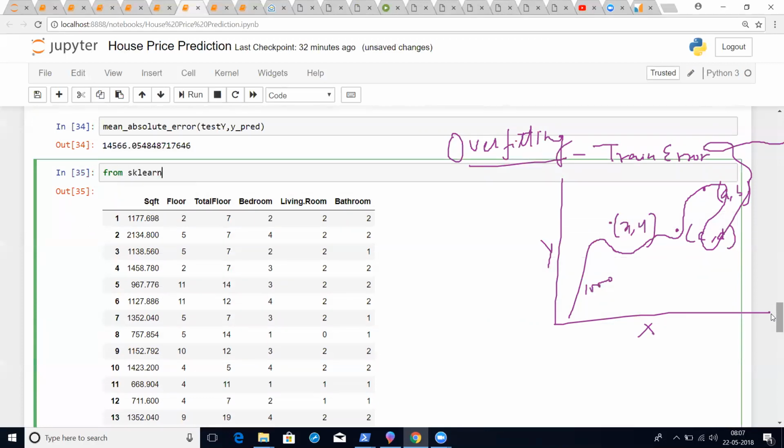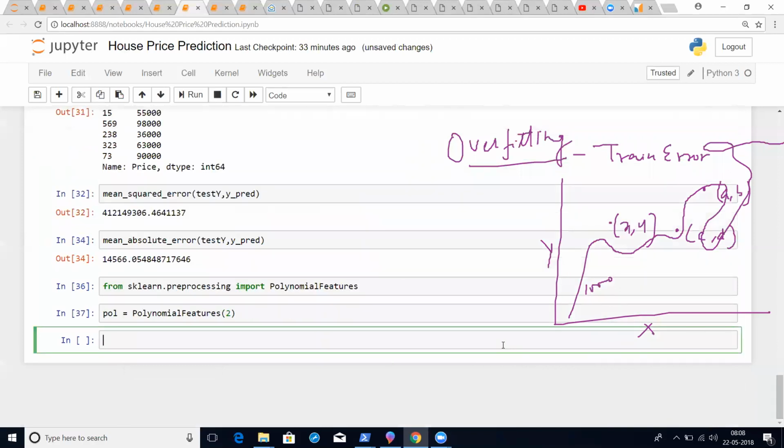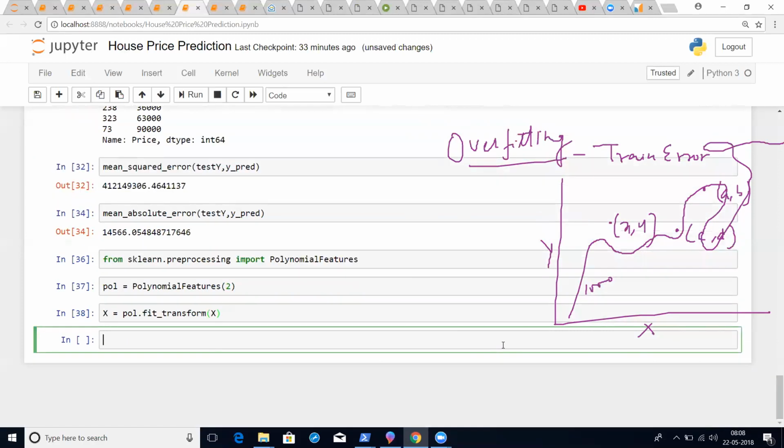From sklearn.preprocessing import PolynomialFeatures, with degree 2, since we are interested in that now. So convert this x. We converted this x into degree 2. If you do x.shape,